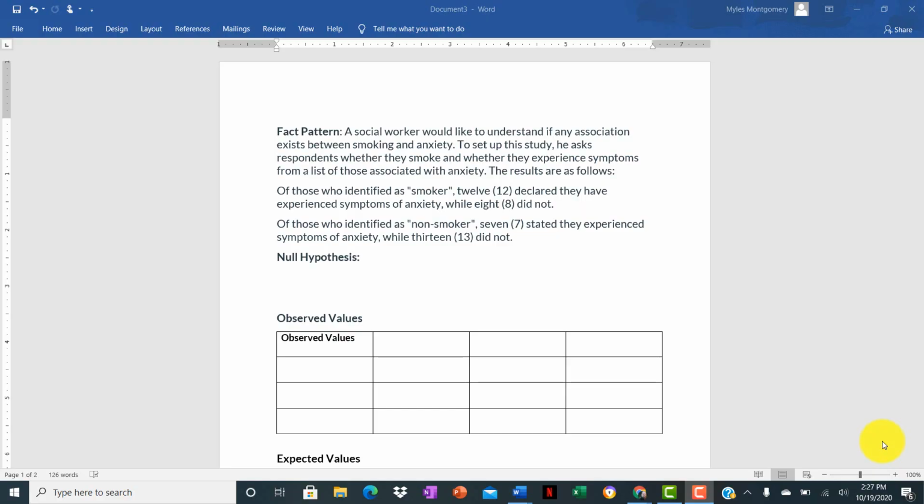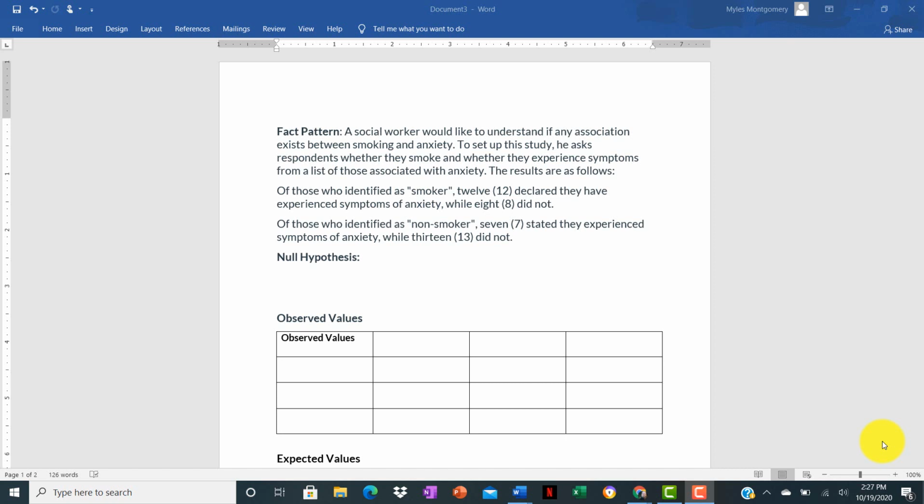Hello everybody, this is a video that is going to go over the chi-square independent practice that was posted on the week 8 Canvas module. This follows with the chi-square guided practice, which I walked you through in a previous video. So this is more practice with chi-square, which, because there's so many moving parts to chi-square, is appropriate that you're